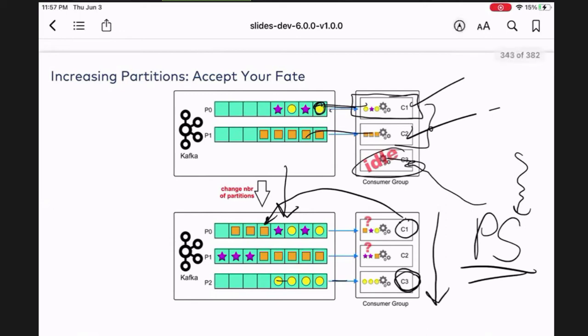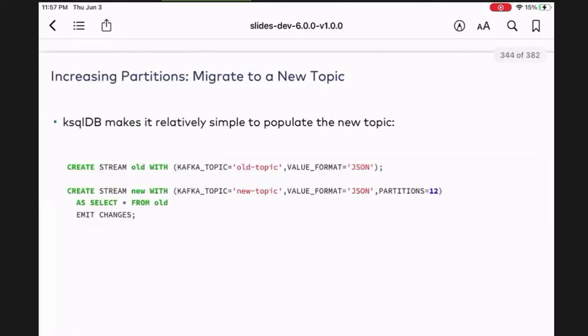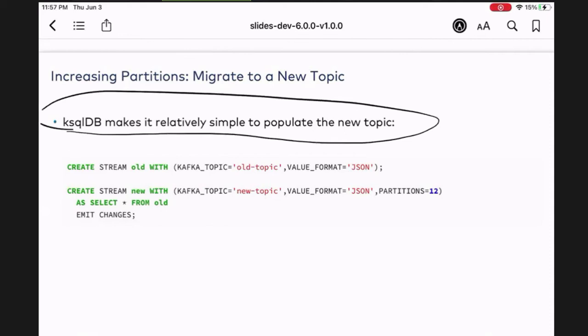So the better thing to do, instead of doing it this way, is the recommended best practice that we tell customers. KSQL DB makes it really simple. If I have an old topic that has like 3 partitions, I can just create a stream on that topic. Say create stream, let's say old stream, and specify the topic that has the 3 partitions.